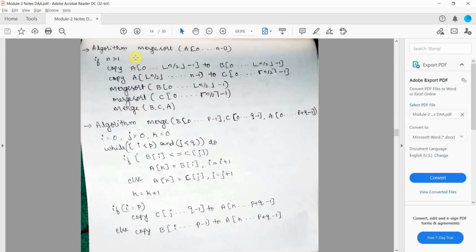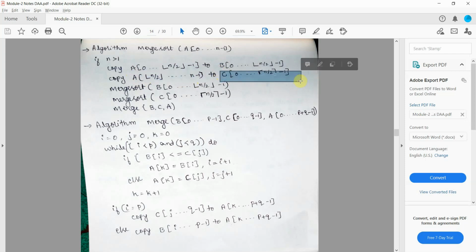In the merge sort algorithm, we need to copy the elements from a starting index to an ending index into a new array.